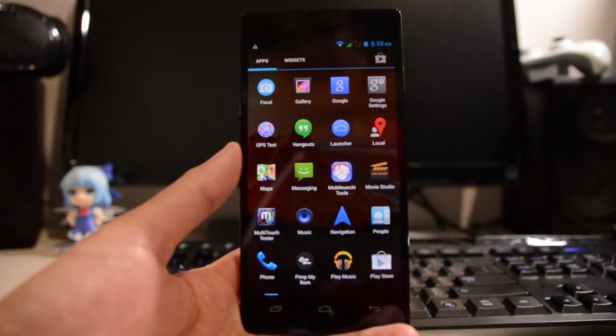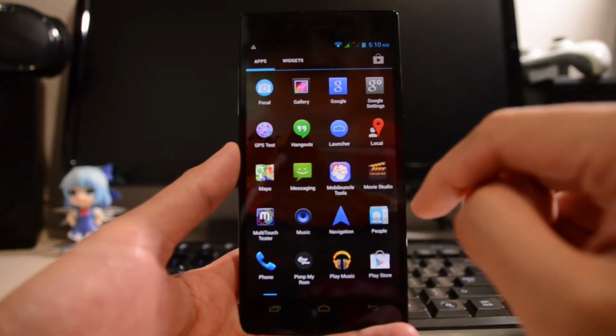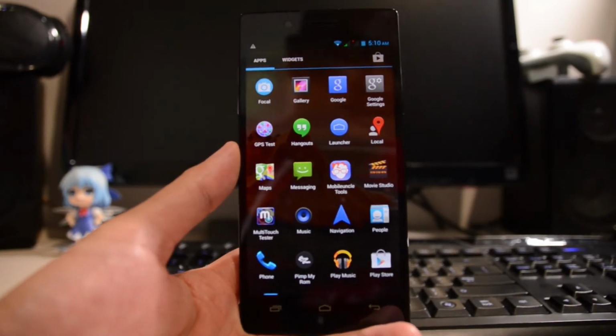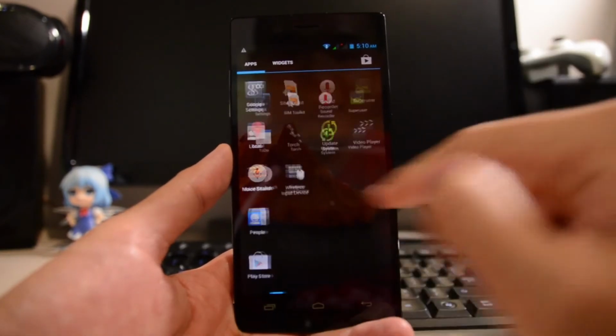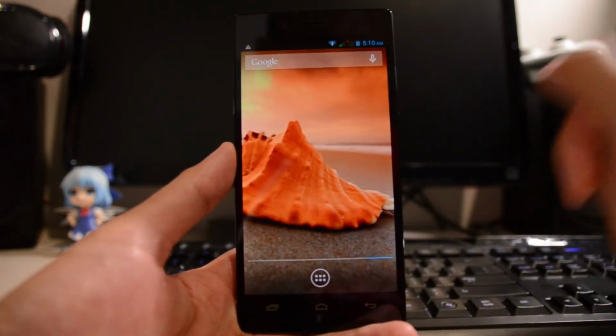So if you're planning to get a device for navigation and things like that, I can't really recommend this device. It does relatively well in everything else, but do not use it as a GPS device. I'm guessing that's pretty much it as far as the device goes. And so yeah,